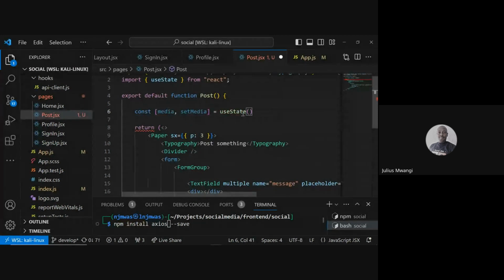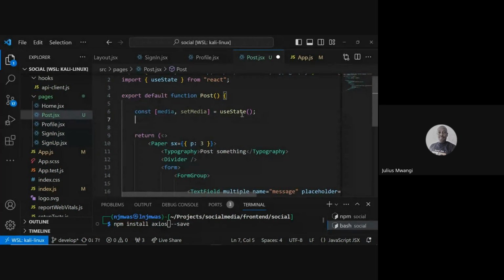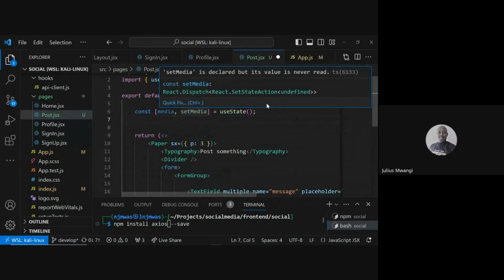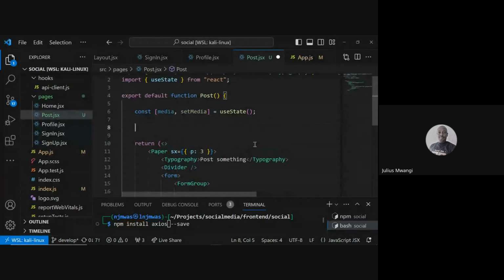So initially, if we wanted to work with state, we would use the class component. But now we can use the state hook to manage that in the functional component. So we can set that, and we can use another hook here called useEffect. So the useEffect here is basically